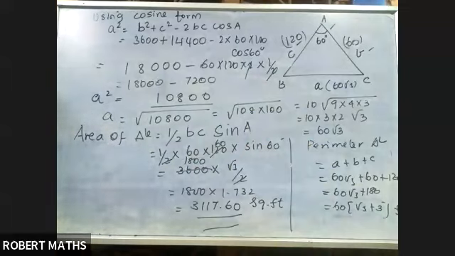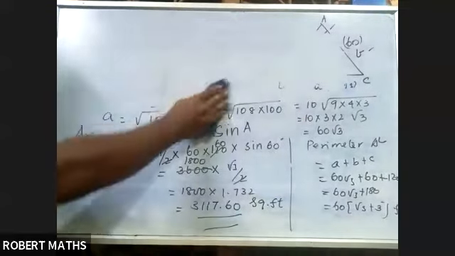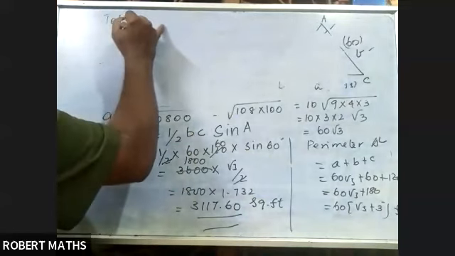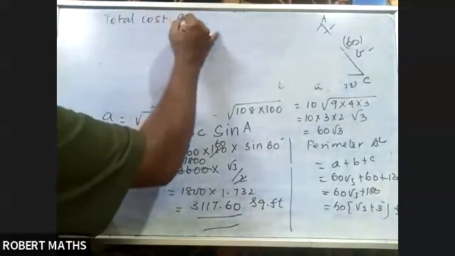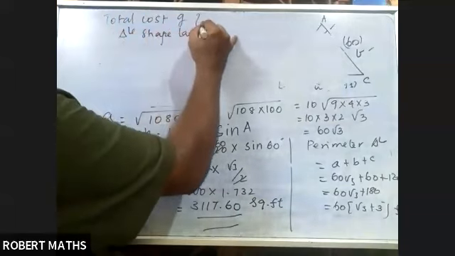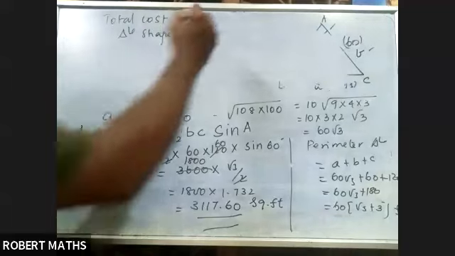Now I want to find out the cost of this triangular shaped land. So I am going to find out the total cost of this triangular shaped land. What is the cost of one square foot? Come on quickly, last minute. 500. So therefore we'll get